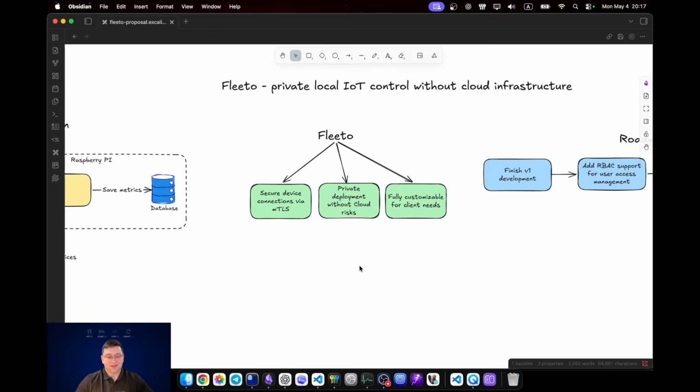That's why if you want to launch something at your home, some IoT automation, it makes more sense to launch privately in your local network than go with some cloud solution. Also, it is fully customizable for client needs. So if needed, it's very easy to change